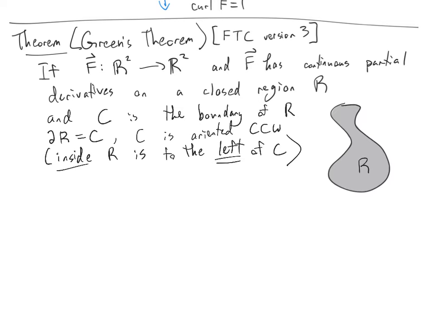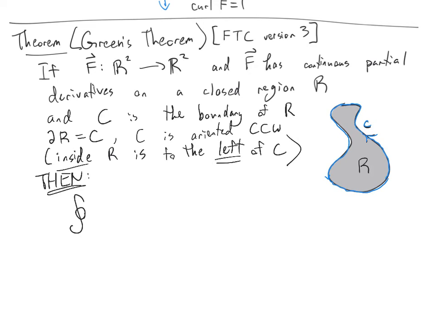Then what does that picture have to look like? Here's C going around the boundary. Let's do C in blue. So C. And C is going all the way around. It keeps going in this direction. So you can check that as you move along C in this orientation, the inside is to the left, as desired. Then, and here's the big conclusion,